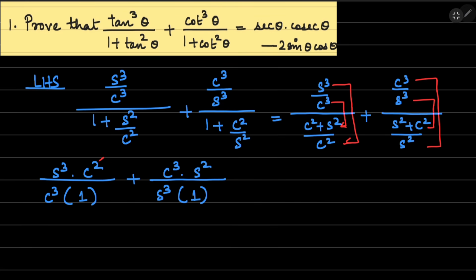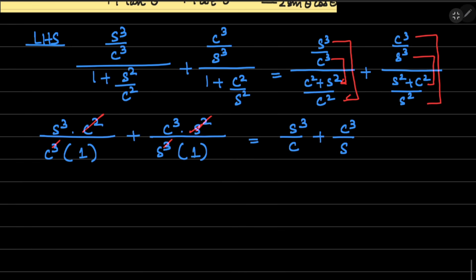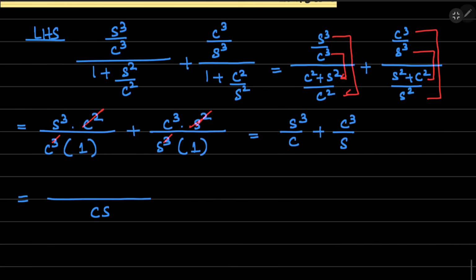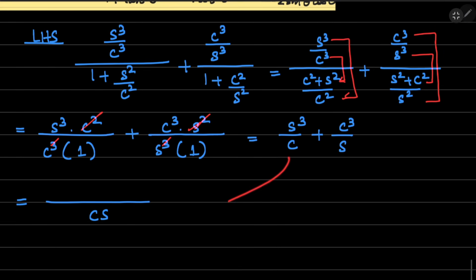Okay, now what can we cancel? Cos square and cos square, sine square with sine square. So what remains now? What we have got now is sine cube by cos plus cos cube by sine is what remains. Now let's take the LCM. Cos into sine is the LCM. So cos multiplied by what will give you cos into sine? It is sine. So this sine multiplied by sine cube is sine to the power 4 plus cos to the